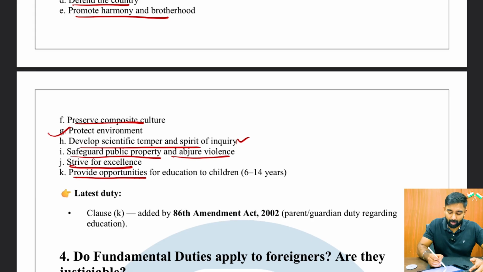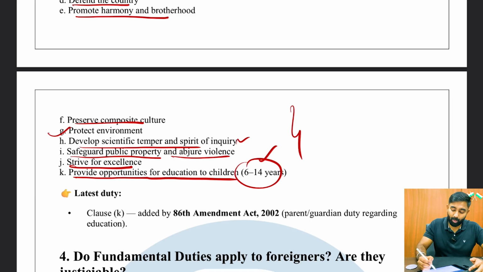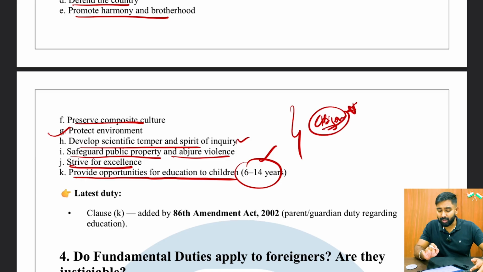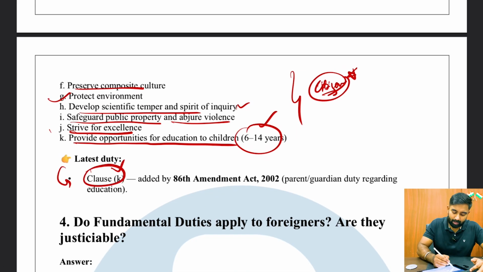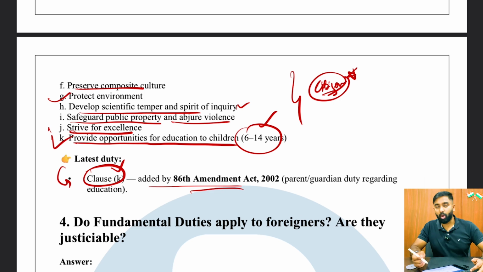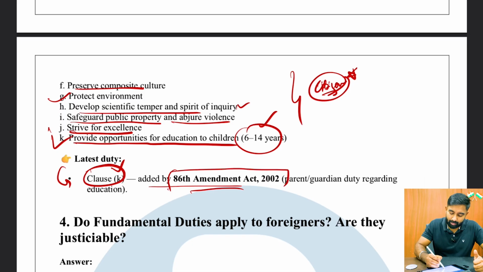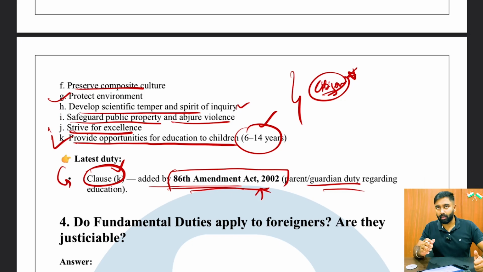Strive for excellence. Provide opportunities for education, especially to children within the age of 6 to 14. So now if you see, all these are the duties of the citizens. It's not the duties of the state, but it is the duty of the citizens, which you have to keep in mind. And which was the latest? Clause K, which says opportunities for children for the right to education, 6 to 14 years old. And which amendment? The 86th Amendment Act 2002, which puts forth this duty on the parents and also the guardians regarding